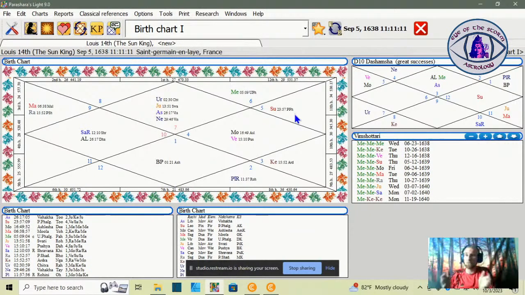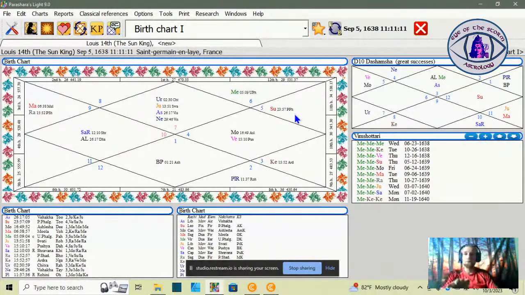If you were looking at a real estate deal, Purva Phalguni is when you're opening the contract, opening escrow, and then Uttara Phalguni is when you're closing the contract. You're finally closing everything out. Title is transferred to the new party, et cetera, right? Or if we were bringing this type of energy into the theme of reproduction or dating, Purva Phalguni is the initiation of a relationship or the initiation of the creation of that child, and Uttara Phalguni is where that relationship is matured or that child has been brought into the world. So we can understand the themes here.